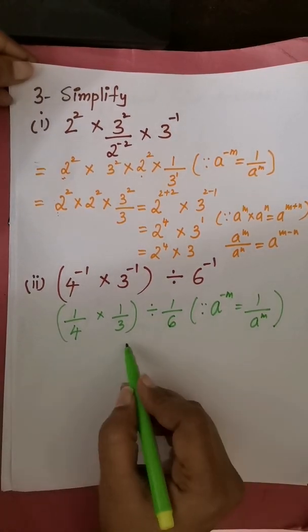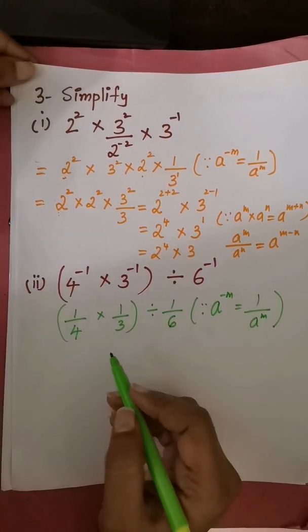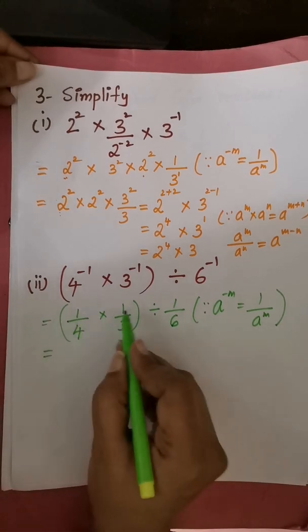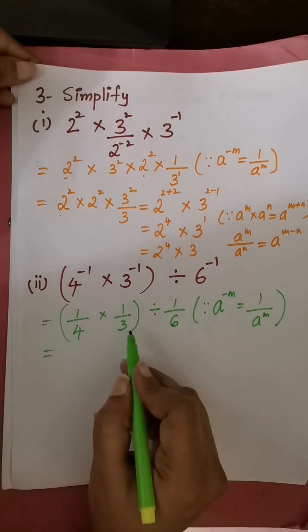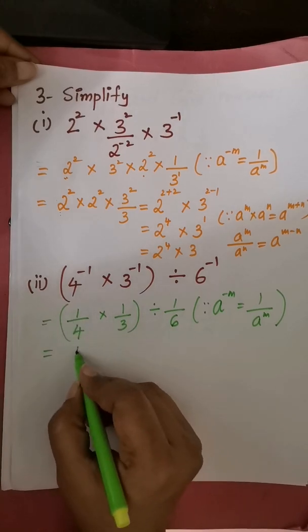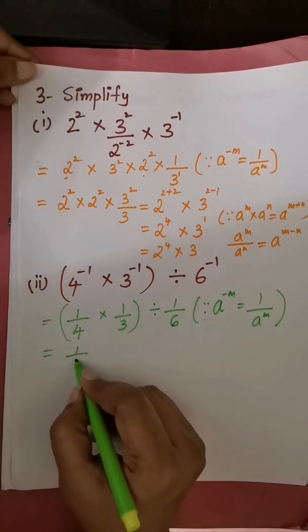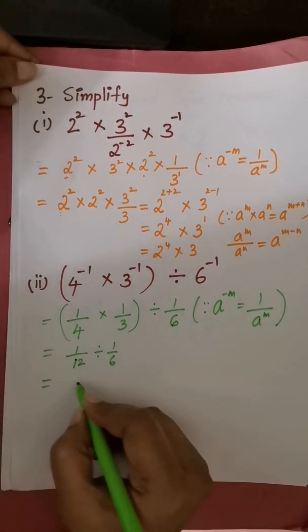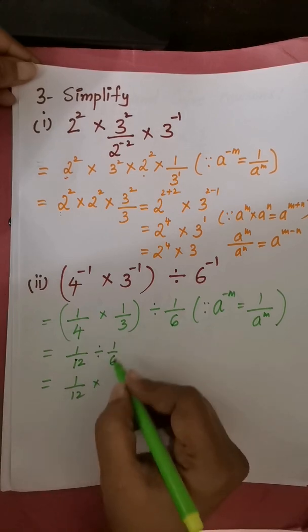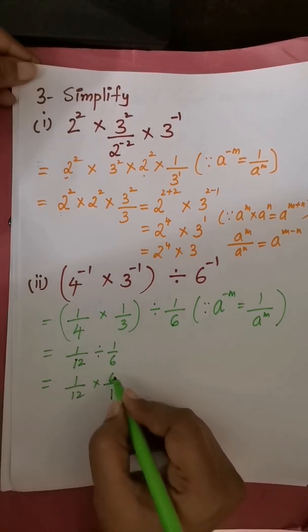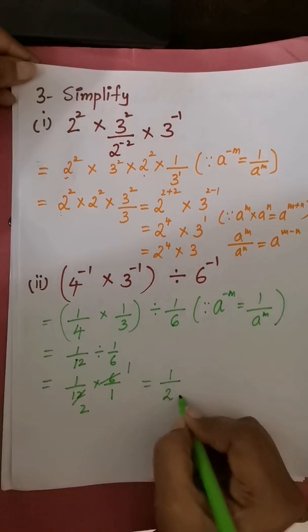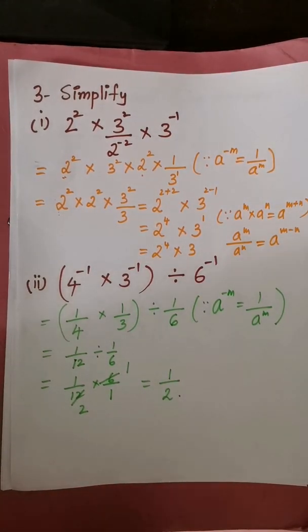So now this is simple multiplication and division of rational numbers. So in multiplication, numerator will get multiplied to numerator and denominator with denominator. 1 ones are 1, 4 3s are 12. Divide 1 by 6. Now division will change into multiplication and this will reciprocate, 6 by 1. 6 ones are 6, 6 2s are 12. So the answer is 1 by 2. Okay children, next,